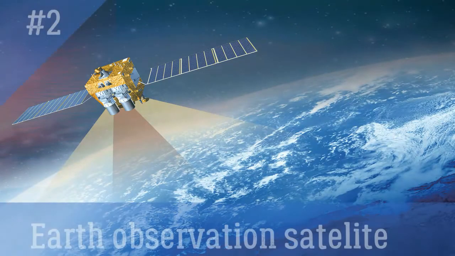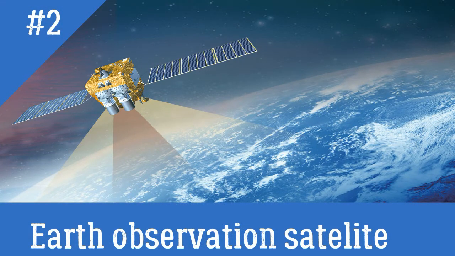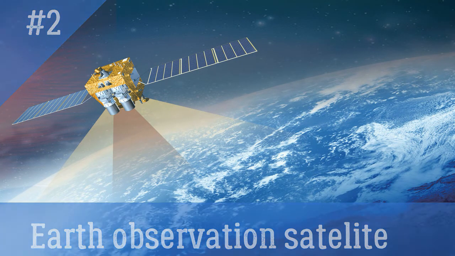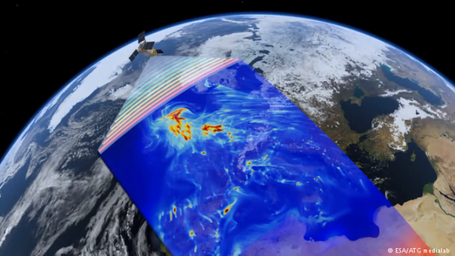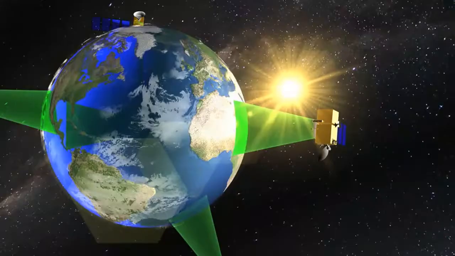Number 2, Earth Observation Satellite. Earth observation satellites are satellites specifically designed for Earth observation from orbit, similar to spy satellites but intended for non-military uses such as environmental monitoring, meteorology, and map-making. Starting with IRS-1A in 1988, ISRO has launched many operational remote sensing satellites. Today,